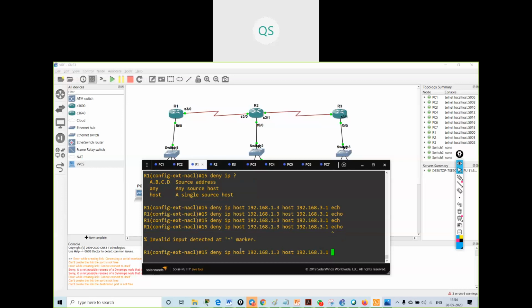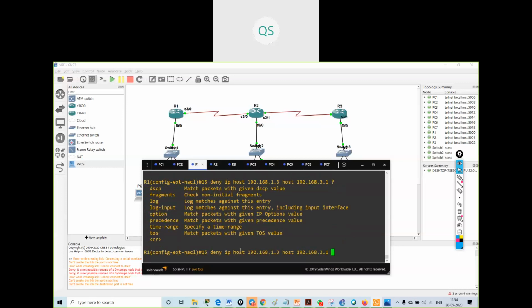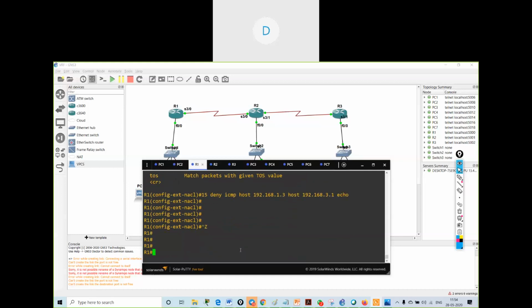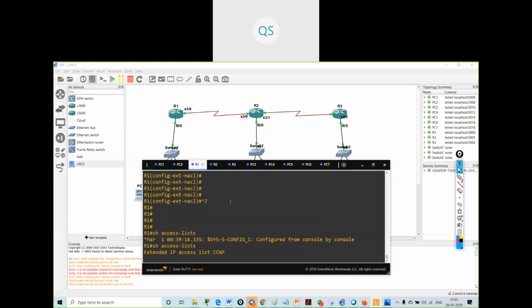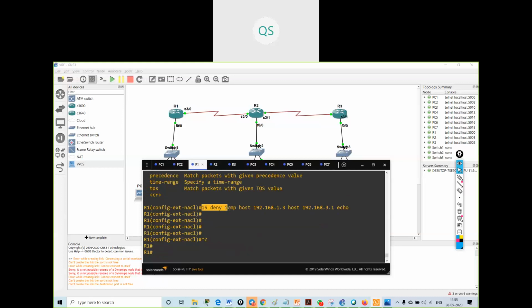Why the number in front? Do you have to put the number? I say why the 15? I will tell you why I put 15. See, now if I verify over here, if I want to add some statement in between any statement, I want to be able to put this statement in between these two statements. So I will give a sequence number like this, 15, then deny this.